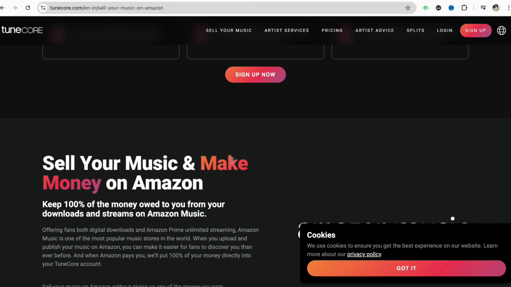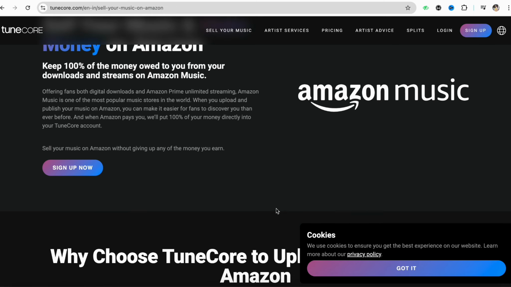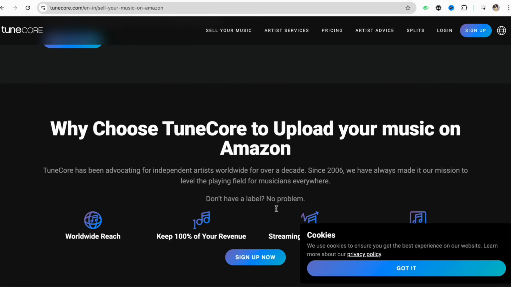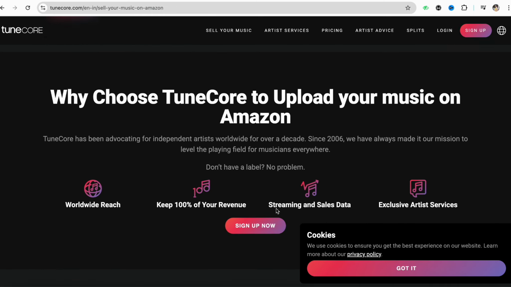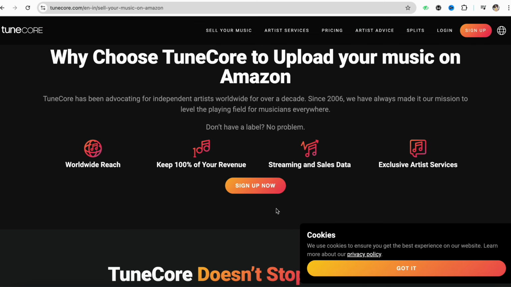Basically, for musicians, Amazon offers TuneCore, which is a part of Amazon Music. Through TuneCore, musicians can upload their songs and make them instantly available for Amazon, iTunes, Spotify, Google Play, and another 150 plus stores around the world.